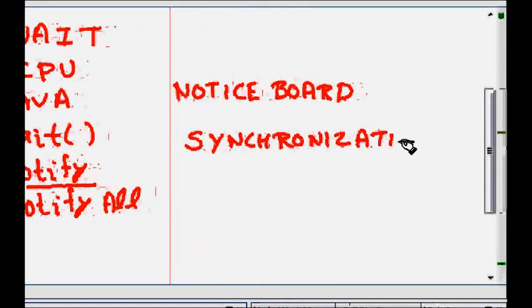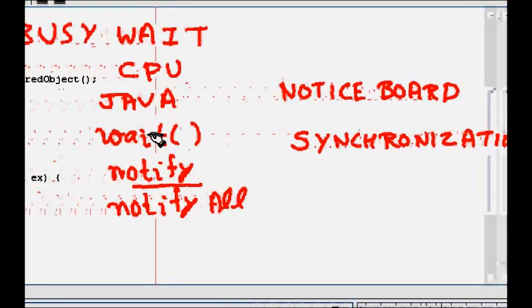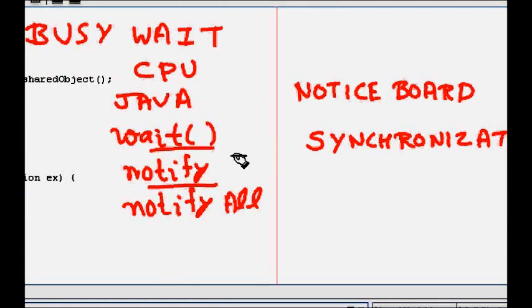Now this wait: when a thread calls the wait method, it just sleeps. It means now it becomes inactive.